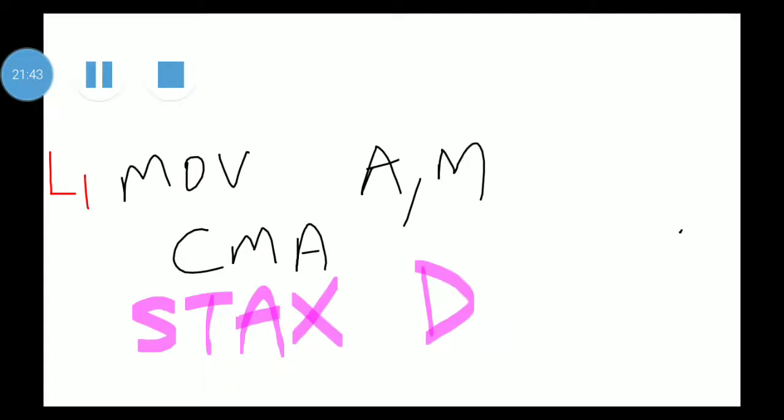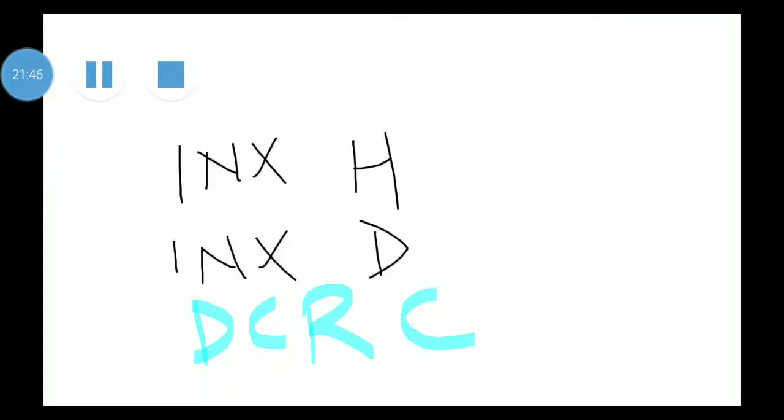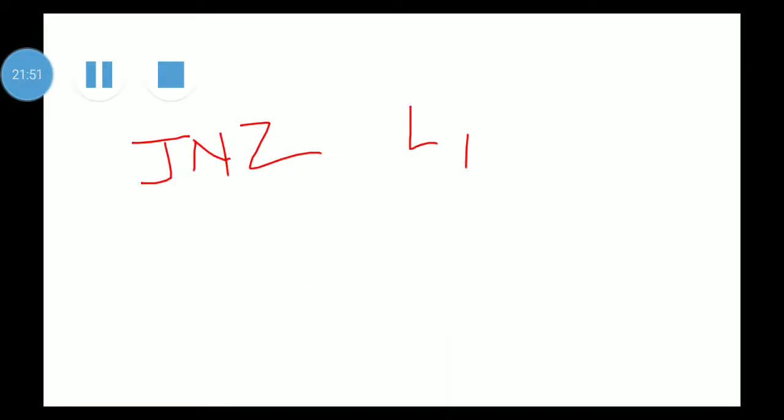We don't need to write all the instructions again. That work will be done by JNZ, which comes after DCR C.